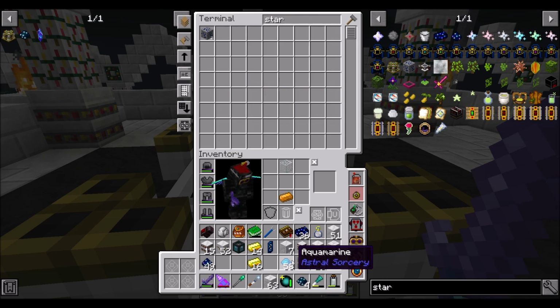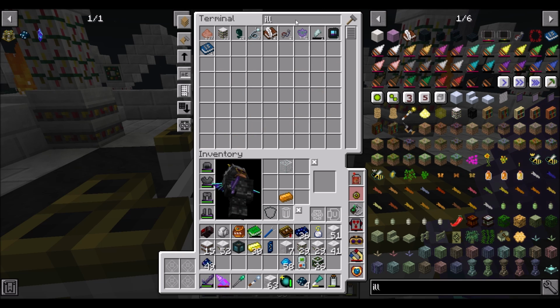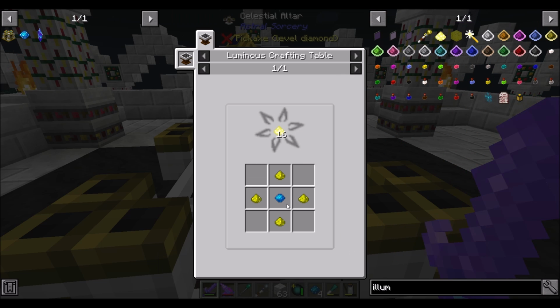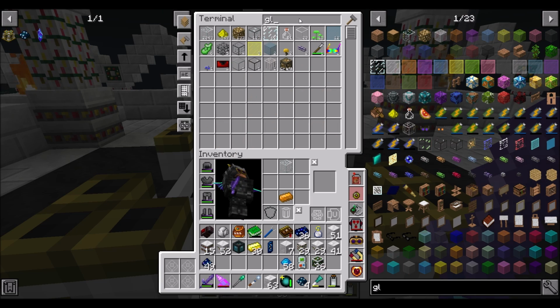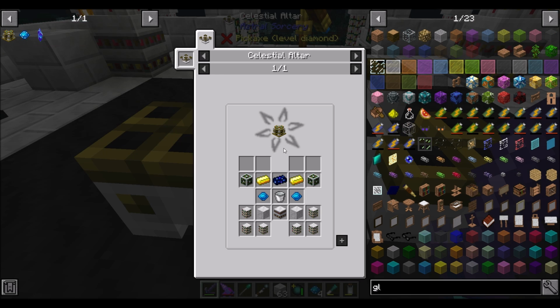Okay, so let's put you away. Illumination powder needs an aquamarine and some glowstone. Not a big deal. So you...